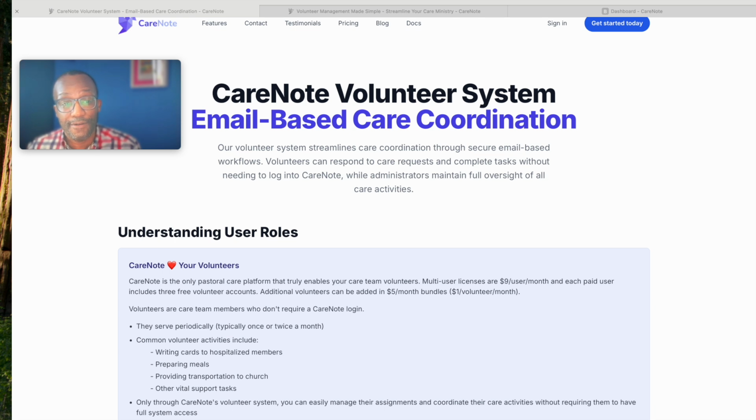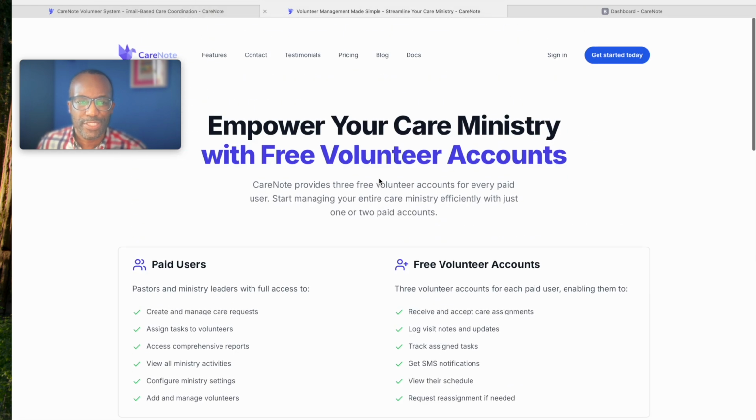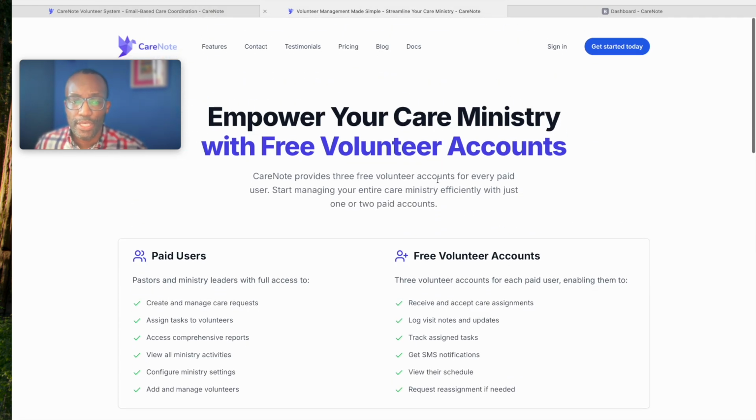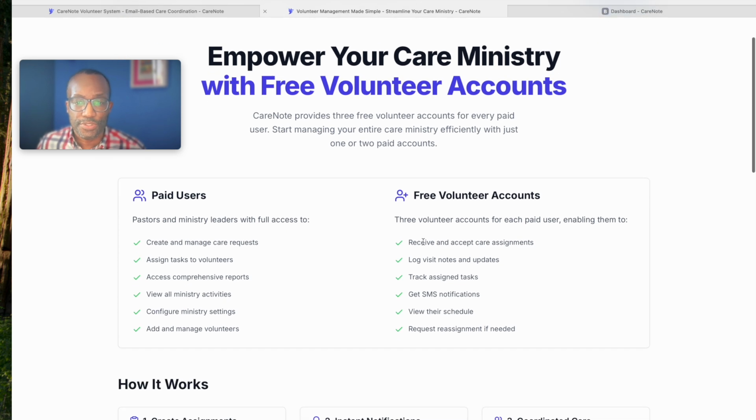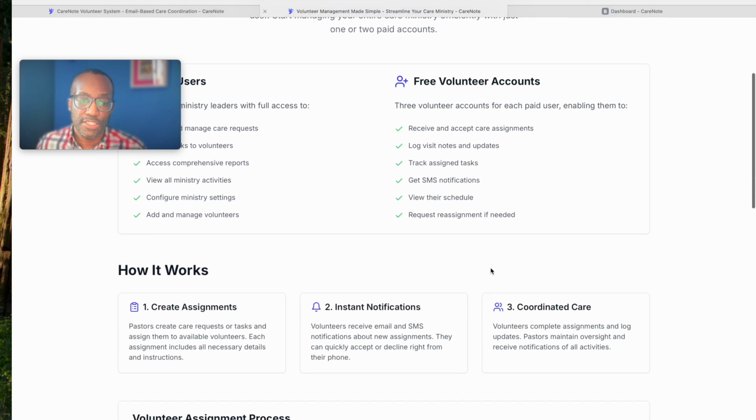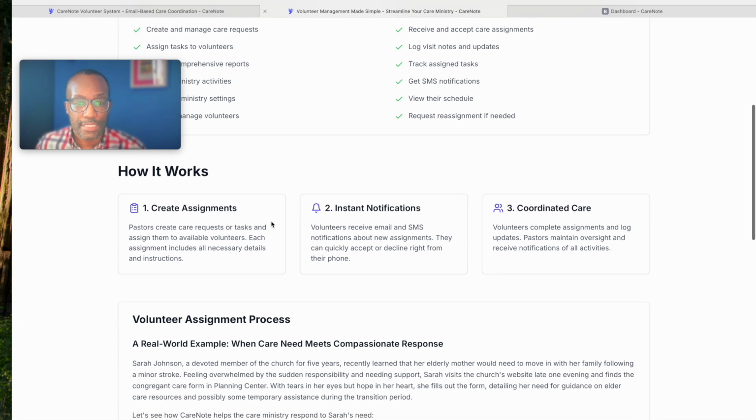email-based token system. So what I want to do in this video tutorial is I just want to walk you through what this looks like. So in a sort of typical setup, we need to basically have paid users that enable free volunteer users. You can create assignments. Your volunteers get a notification via email or an SMS, and then it still allows you